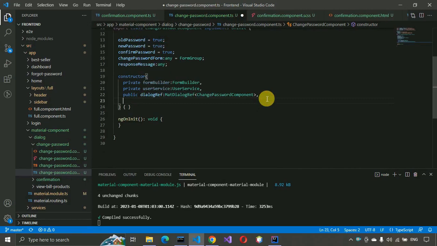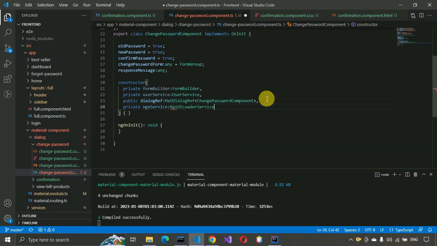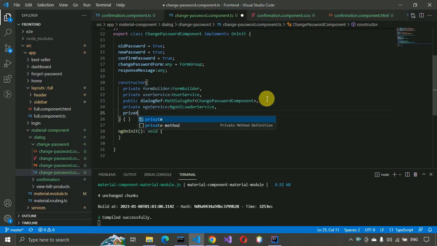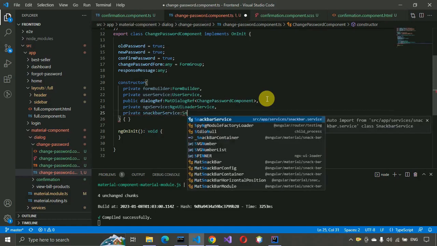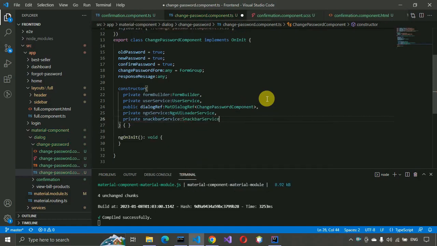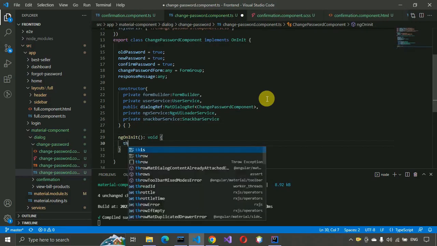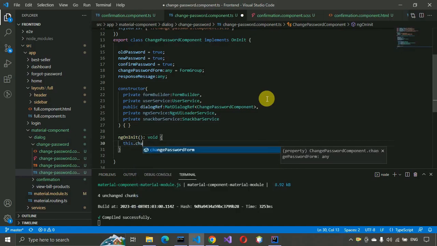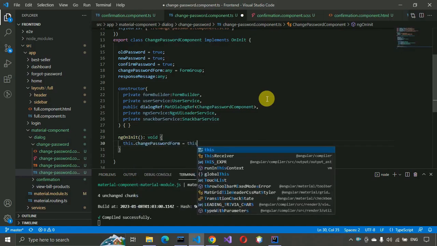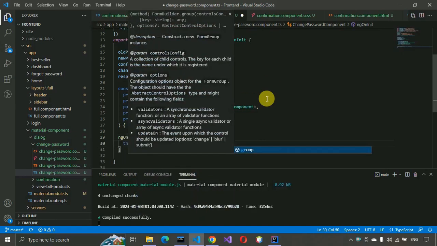and after that private ngx UI loader service, this one, private snack bar service, snack bar service, this one. And in ngOnInit we have to write this dot change password is equals to this dot form builder dot group,